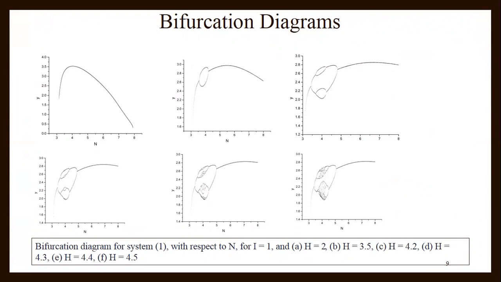For lower values of the parameter eta, we observe that the system retains a periodic behavior for all values of the bifurcation parameter n. This can be seen, for example, in the first figure, where for eta equals 2, the system is periodic with period 1. As the parameter eta